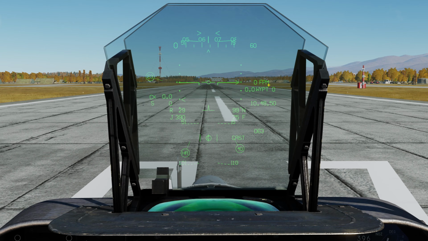We have our climb or descent rate in feet per minute, waypoint selected and distance to waypoint, time according to Zulu, our nozzle position. You can see they're currently at 99 degrees on the aft position, so they're pointed down and forward actually a bit. Our flap setting, sorry, our RPM setting, our JPT temperature in Celsius, angle of attack